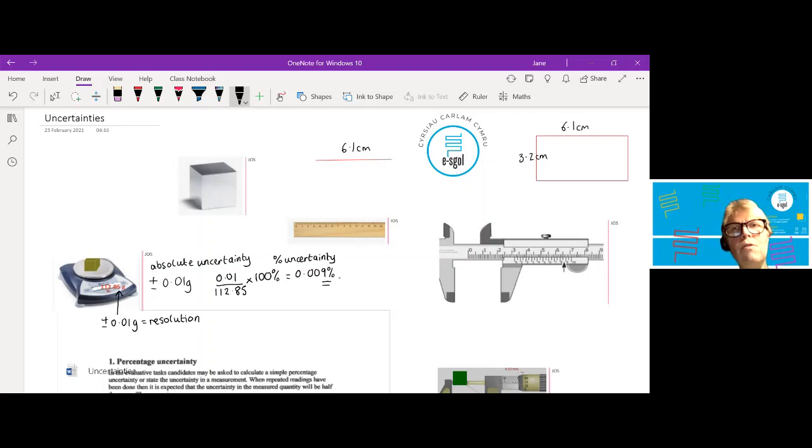Because 1, 2, 3, 4, 5, 6, 7, 8, 9, you can understand it's one significant figure. But when you go over into the teens, 10, 11, 12, 13, 14, we don't go from 10 to 20 to 30 to 40,